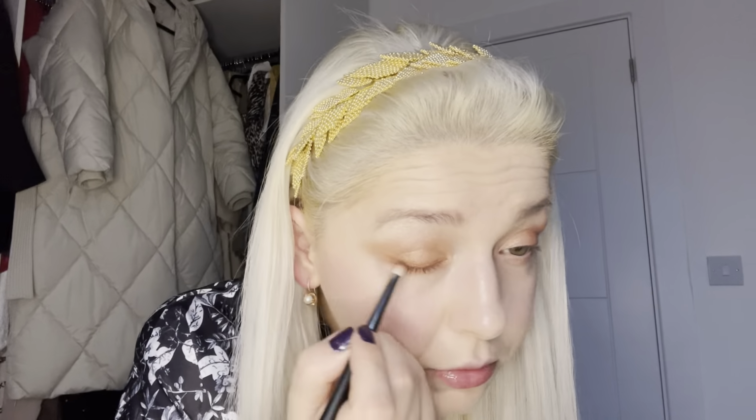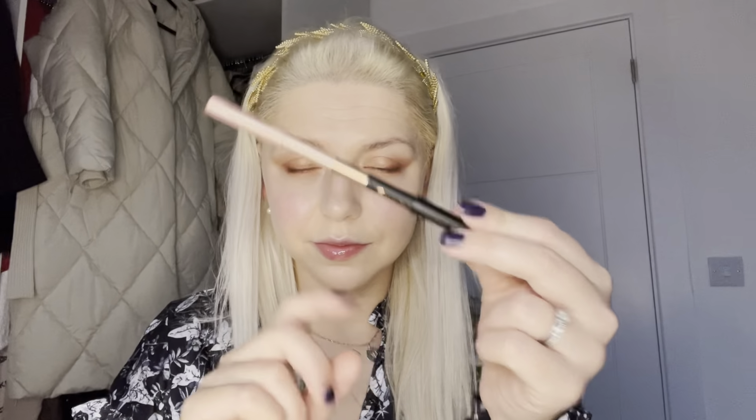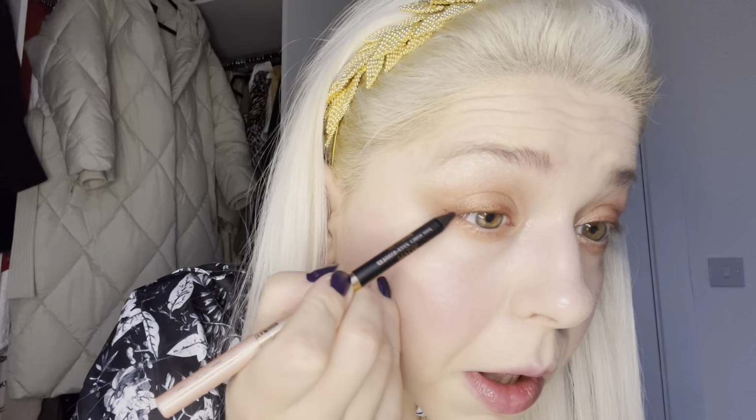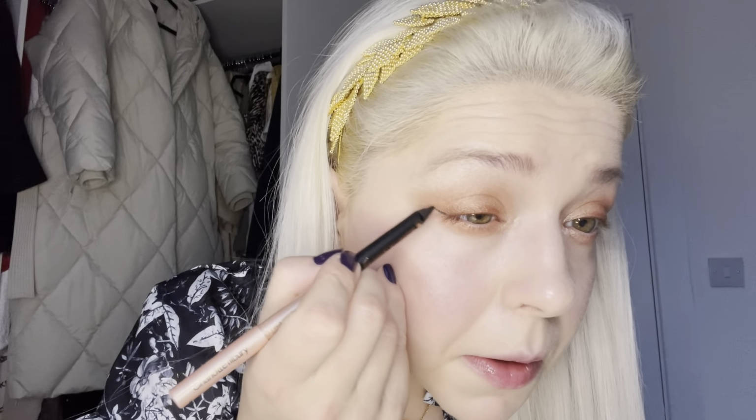And when it's all done, I'm taking my Charlotte Tilbury duo liner in Exaggerize. That's a new one, Hollywood Exaggerize duo liner. The lighter shade I'm applying in the corner of my eyes just to make it brighter instead of eyeshadows. I apply it directly into my corners and nowhere else. Then I'm taking the black side, the dark side of the pencil, and I'm drawing a line, like I'm doing